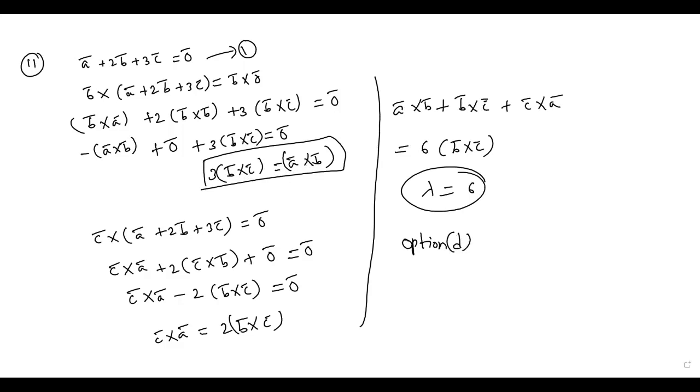The next question number 12. 4 points coplanar, directly we have the formula. Box product of AB bar, AC bar, AD bar is equal to 0. For the 12th question, apply the formula. Given points, assume OA, OB, OC, OD. From that find out AB bar, AC bar and AD bar. Already we know how to find the box product. Set the first vector components, second vector components and third vector components. By expanding that, we will get the lambda value easily.